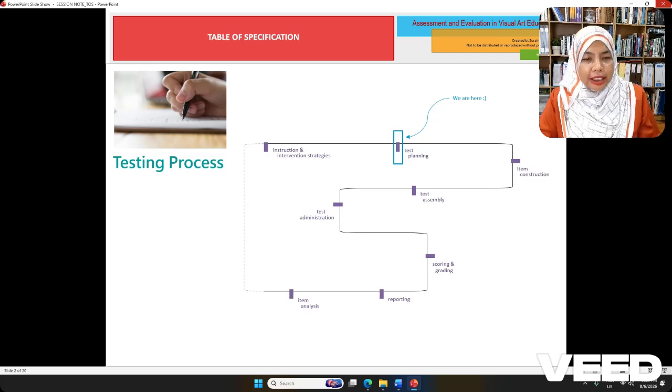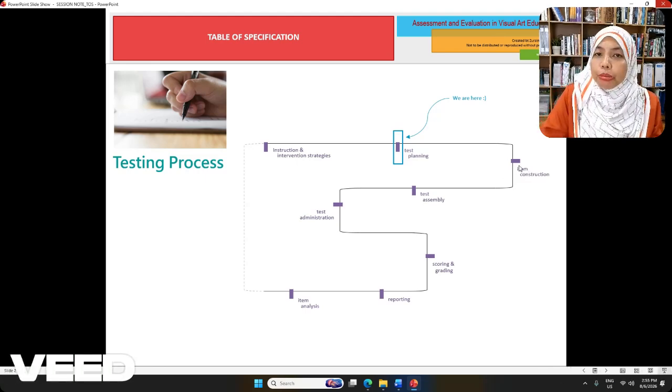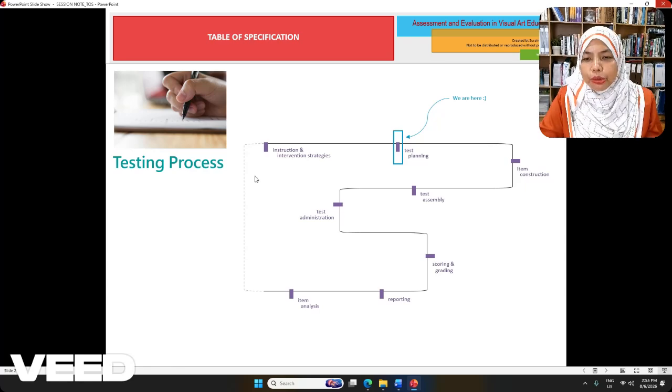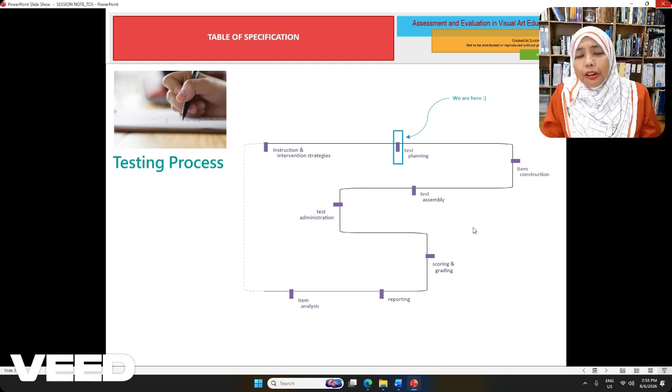So previously, we have spent a couple of weeks looking at item construction based on specific levels on Bloom's taxonomy. All right. So in terms of the process of testing, this would be the stages that we go through in carrying out all the works related to assignment one. And assignment one basically requires us to carry out a testing process. So before we can actually